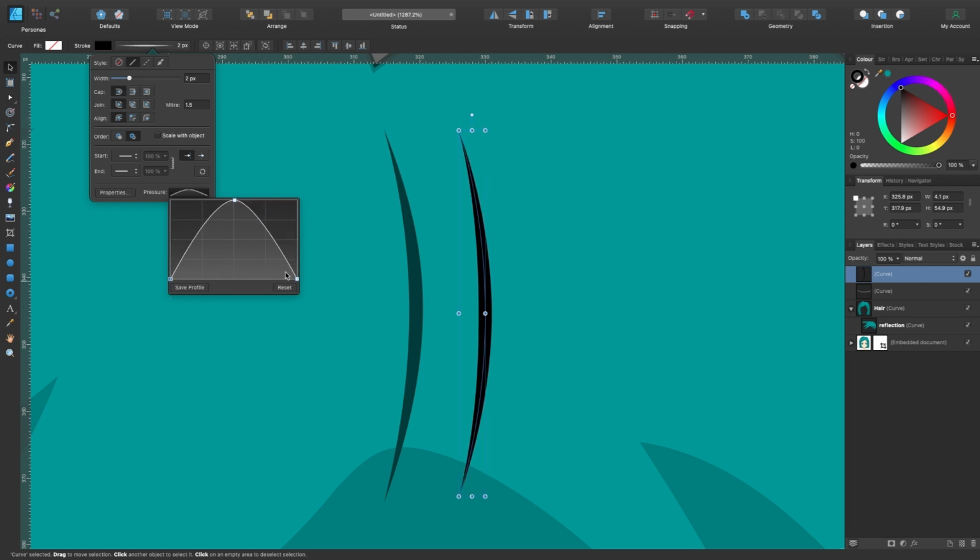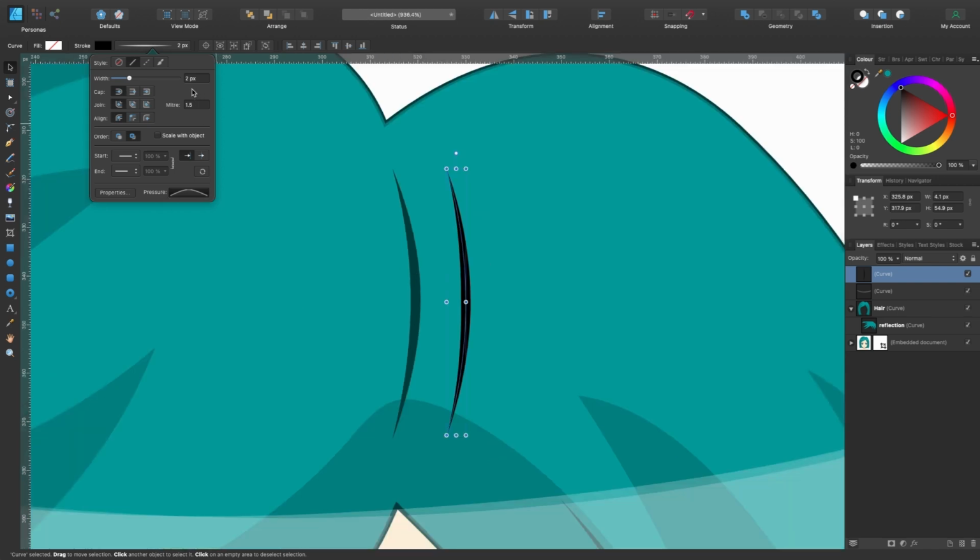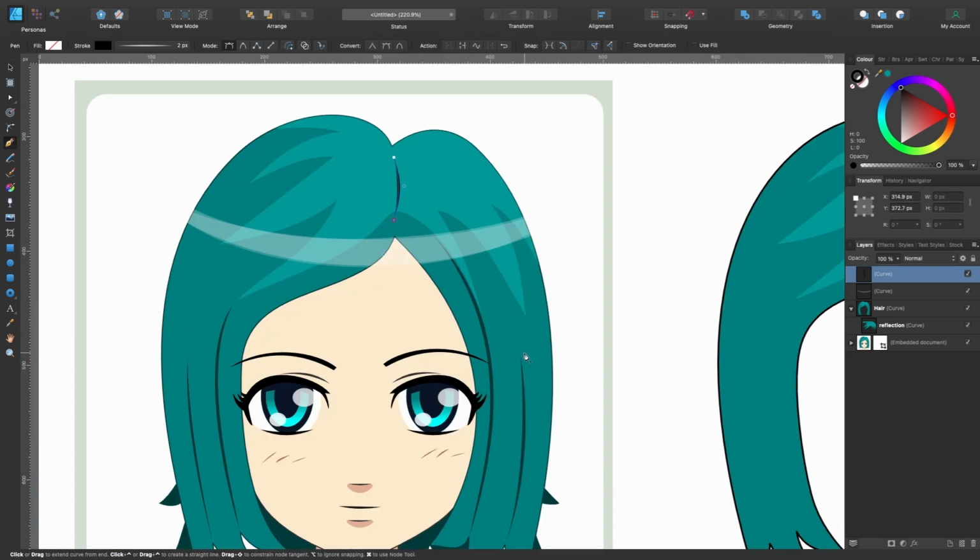These two nodes reflect what's going on at the end of this curve here. So I've dragged it down and this is the thickness in the middle. You can mess around with that as much as you want, but we'll keep it in the middle. Yeah, so that's that bit done really. So let's go and create the other ones. I'll just drag that back to where it should be. Okay, I'll create the rest of them.